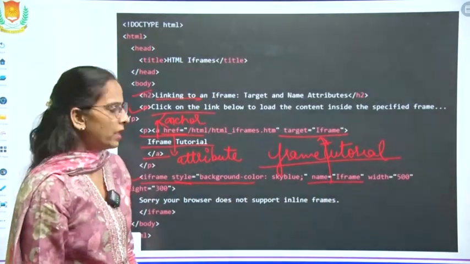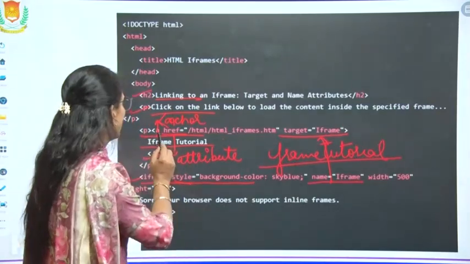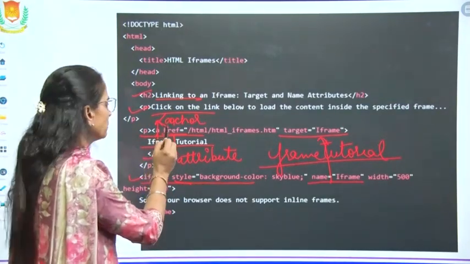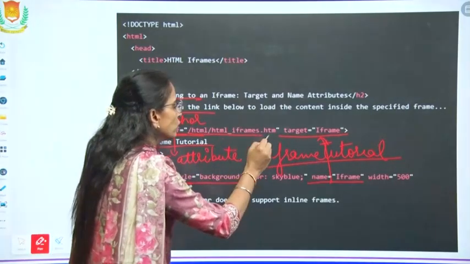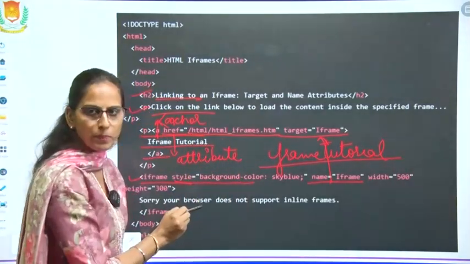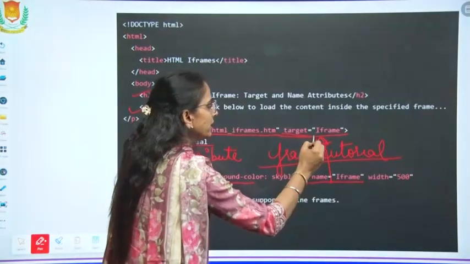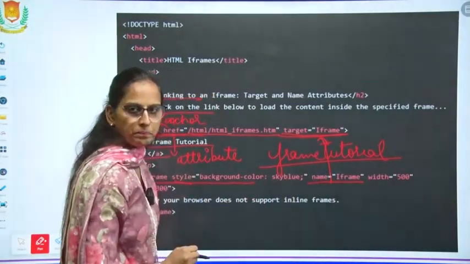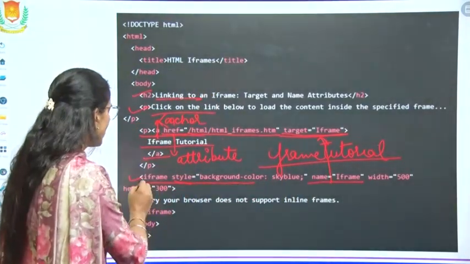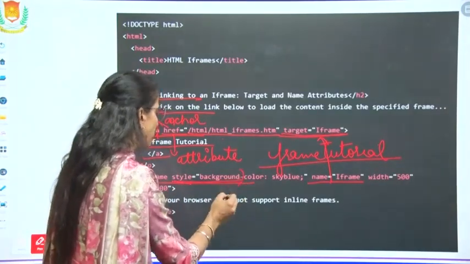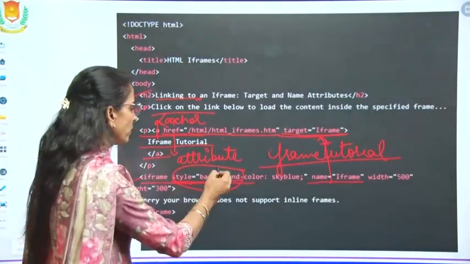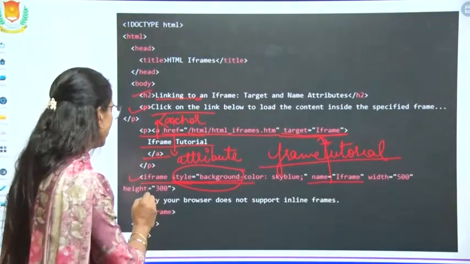Okay. What is the concept? We have given the anchor tag. With the help of the href attribute, we have given the source file which is to be opened. Then we have taken the target iframe. Now we have started the iframe style. Style we have given. This is an optional value. You can skip it. It is not mandatory.